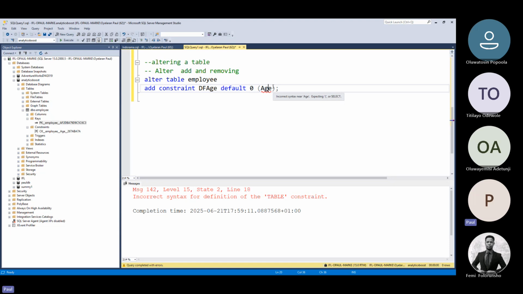Why is it not going? No. Let's look at it from the beginning. No. And that's what I did. Add